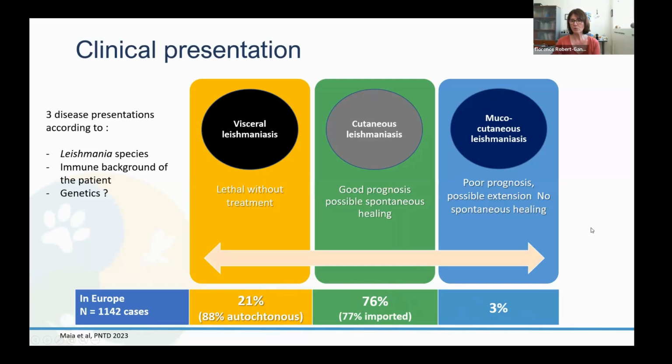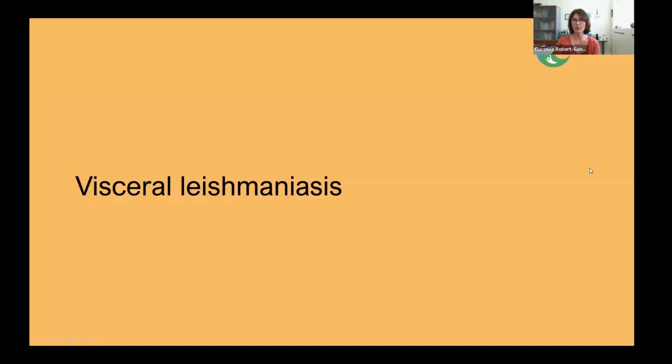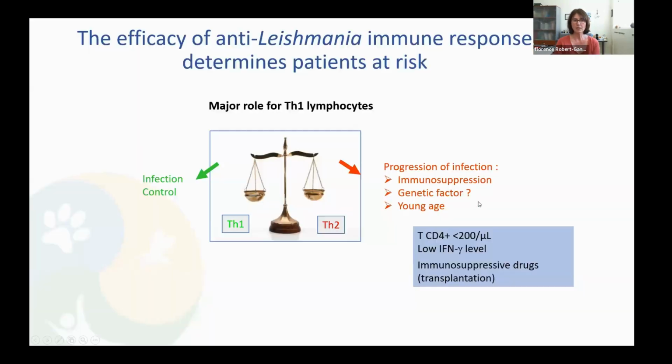So this is, of course, a partial view of the disease in Europe, as the cases are not always reported. There is no systematic, no mandatory reporting registry, so it's difficult to have a clear estimation. So it's really probably underestimated. Let's start with visceral leishmaniasis, and